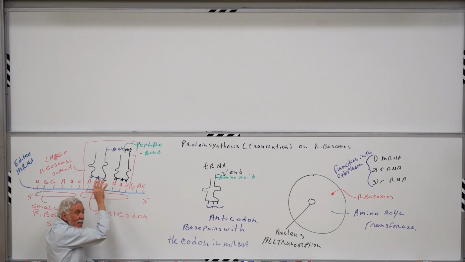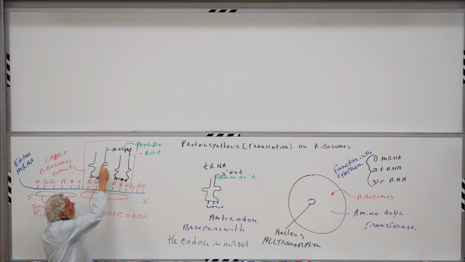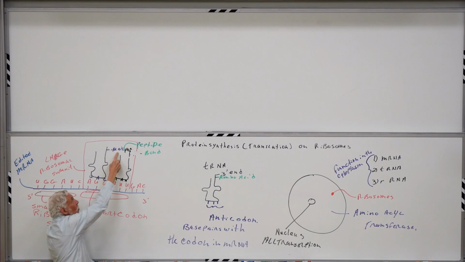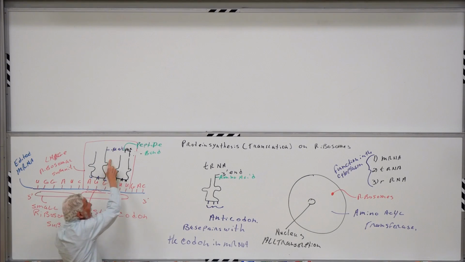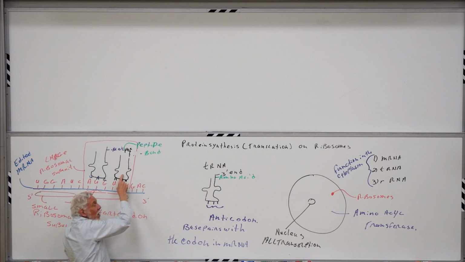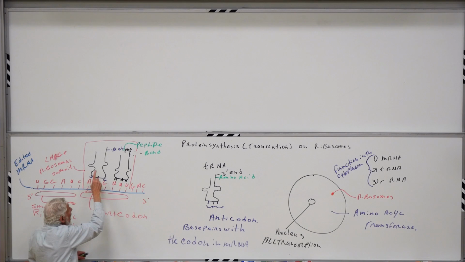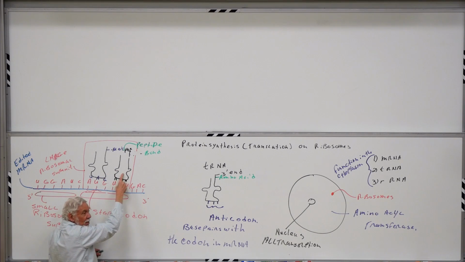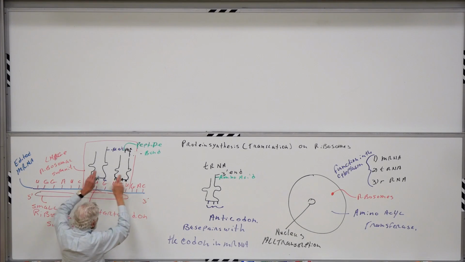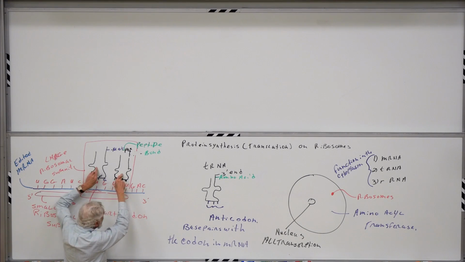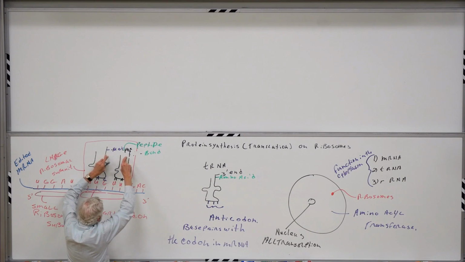And the catalytic activity of the ribosome is twofold. It will cut loose the amino acid on this transfer RNA and link it to the amino acid attached to this RNA. Some of you may have seen this as the aminoacyl site and the peptidyl site in some of your other classes. That's what this is. That's a fancy way of saying that you have 2 sites for the transfer RNAs. In one of them, you have only the acyl, and in the other, you have the growing polypeptide chain. So then,